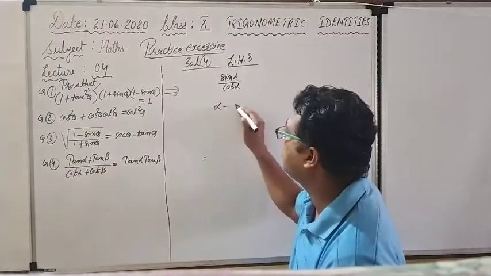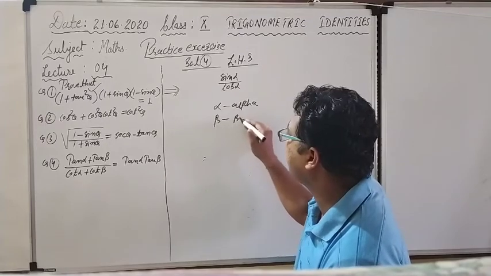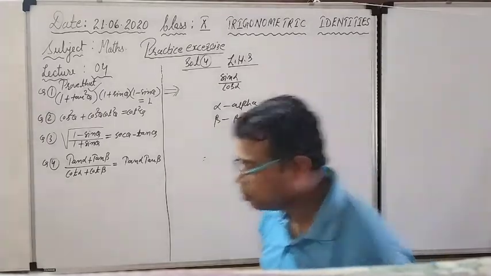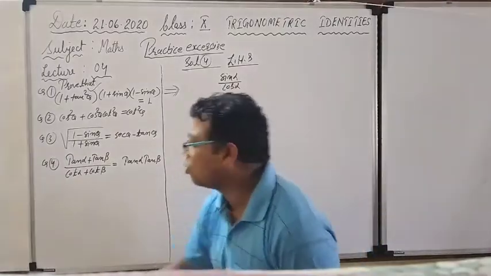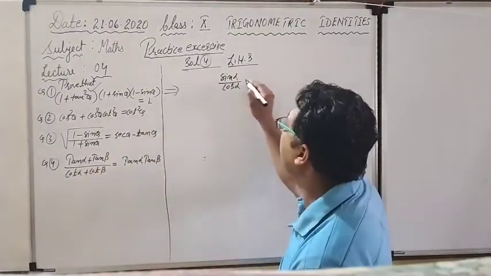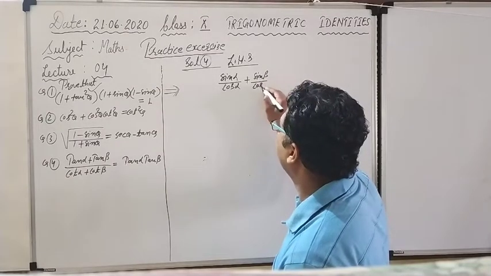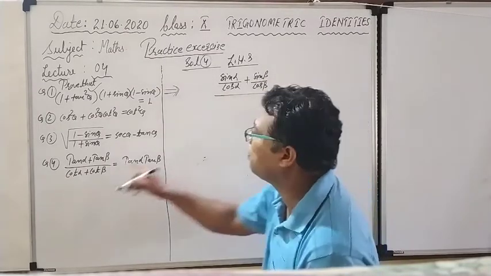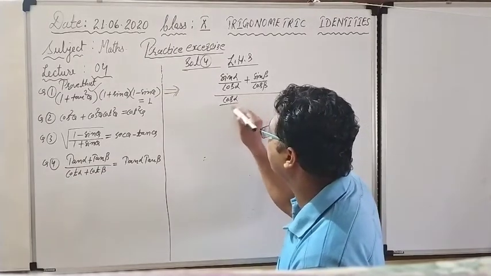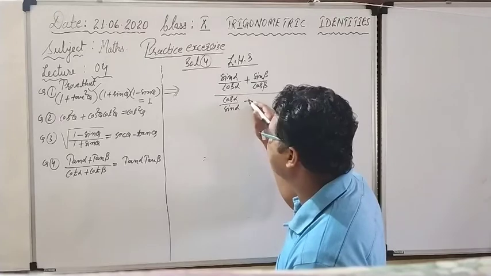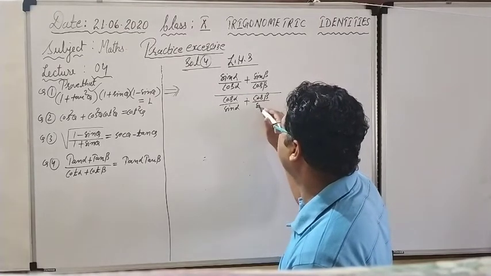This particular sign is known as alpha. This particular sign is known as beta. Okay, no problem. These are the mathematical symbols, no problem. Sin alpha upon cos alpha in terms of tan alpha plus tan beta, so no problem. Sin beta upon cos beta. We have to be a little faster. Upon cot alpha could be written as cos upon sin, so cos alpha upon sin alpha plus cot beta, it could be written as cos beta upon sin beta.